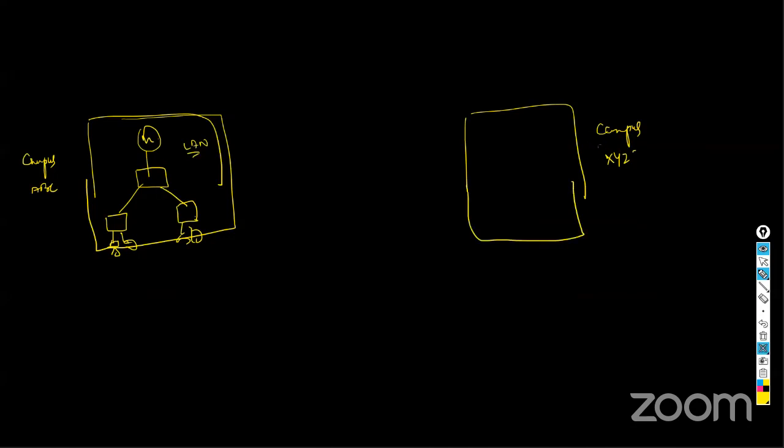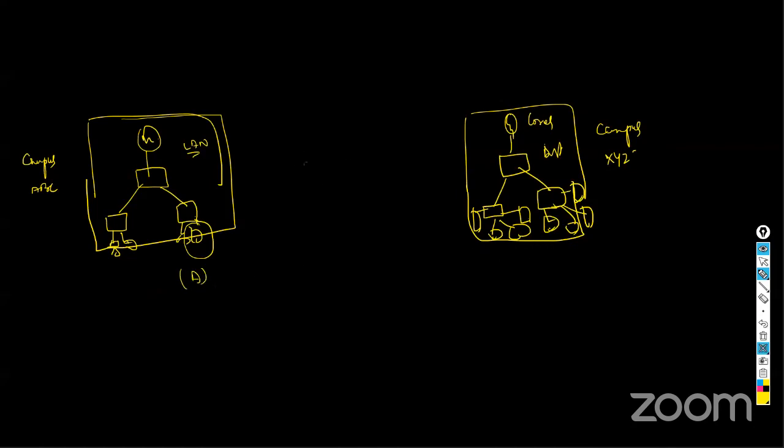Similar way, I have another campus XYZ with a similar three-tier architecture. This is a core layer, this is a distribution layer, this is the access layer, and multiple users. Okay, they don't have to be users, they can be file servers, there can be a DHCP server, there can be a monitoring tool, there can be n number of things, storage devices, or servers, anything. Okay, and let's say I want to connect these two. So let's say user A has some requirement to upload some file on a server.